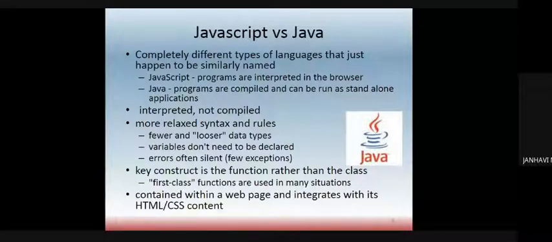Java is a standalone application, whereas JavaScript, we run it with the help of HTML with CSS properties incorporated into it. And most importantly, we say that JavaScript programs are interpreted and not compiled. Java is an object-oriented programming language, whereas JavaScript is a scripting language. Java applications run on a virtual machine, and JavaScript used to run only in the browser.